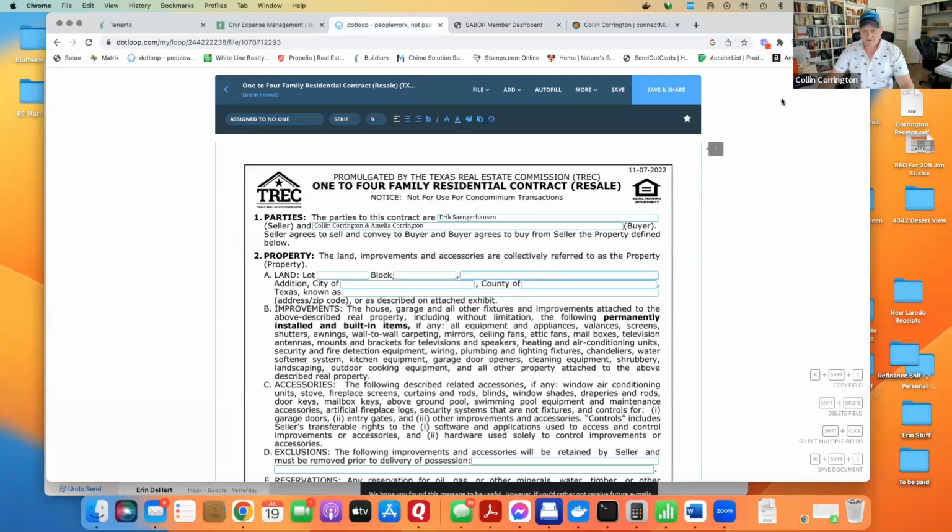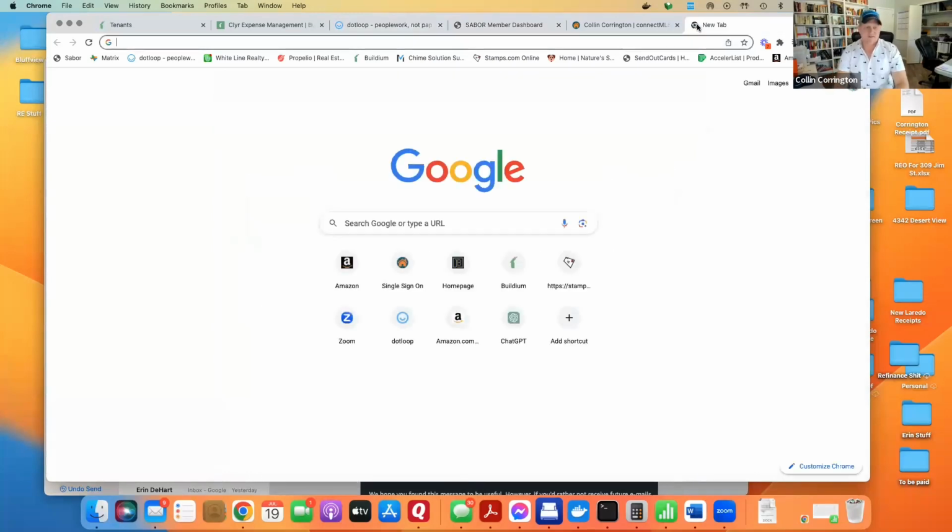So just so nobody gets confused, the way I normally do this is I put the entire legal description, even though it says block and lot here, I still leave it in this section. I put the block here, lot here. So obviously that's off a different one. If you're going, Colin, this isn't in the MLS, or I don't think that's right,